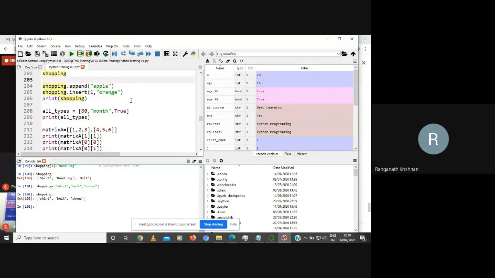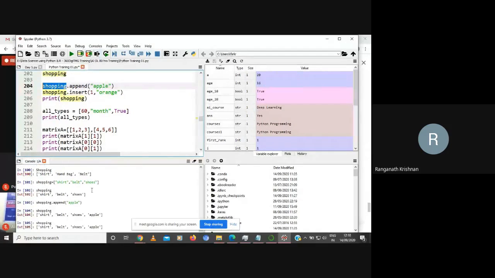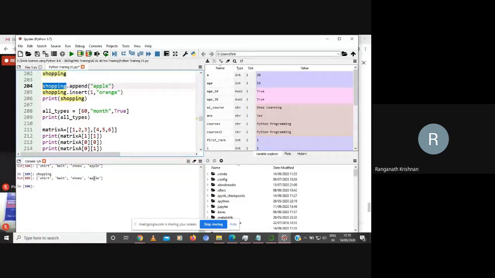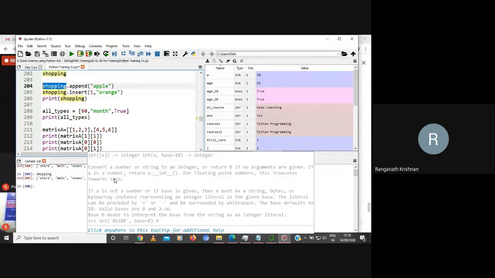Okay. Now you can also do an append to the list. You can just say shopping.append orange. So if I'm printing, see, I can either print the shopping from here, or I can also do this. Select the shopping alone, highlight it and print. See, still it will print. So it added orange to the end of the list.